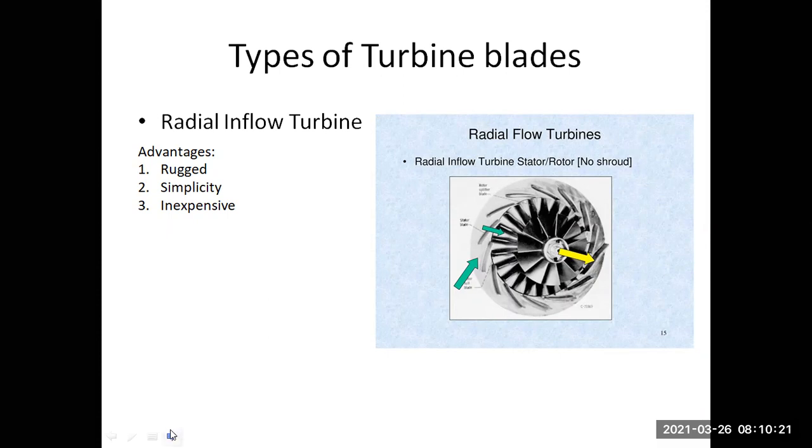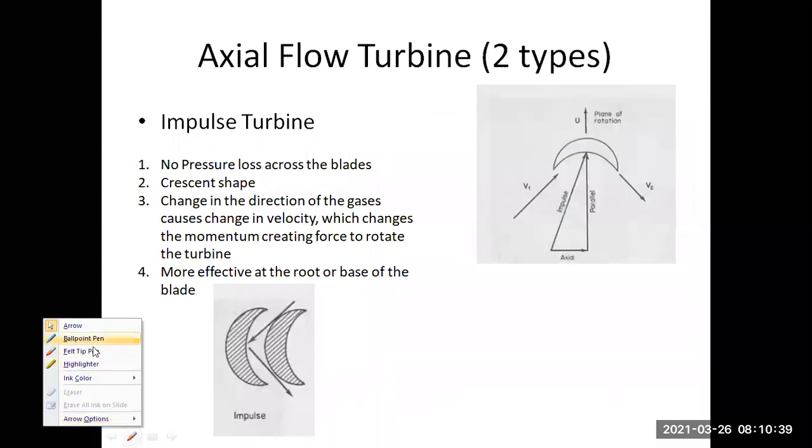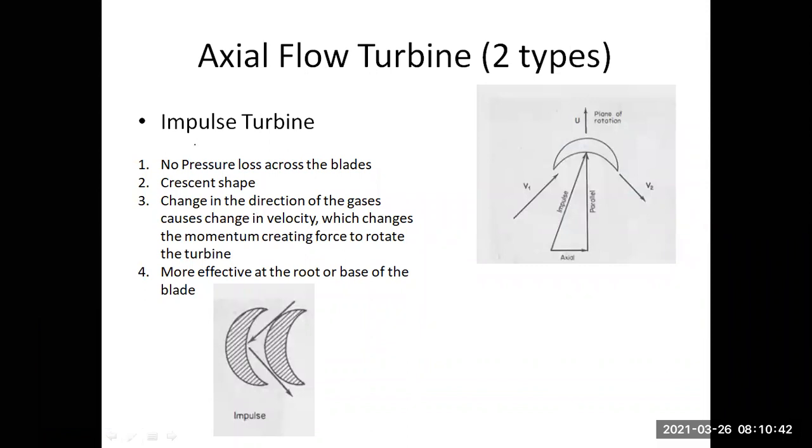Okay, let us go to the next type of the turbine blade. These are axial flow turbines. In the radial turbine, air was coming in the radial direction, sideways, right? But in the axial flow, the air will travel in a straight path. The air will carry a straight path, beta. So let us come over here. Here we are going to study the impulse turbine first. Impulse, as the name itself suggests, means once the force is acted upon it, it will start operating. For the impulse turbine, you have to remember that they are crescent shaped. Crescent shape means a new moon shape.